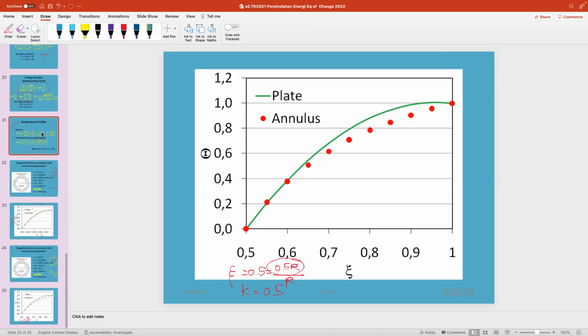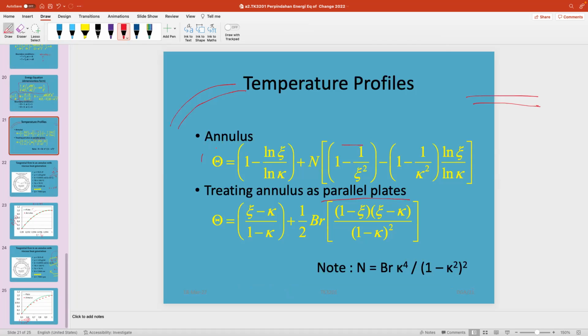So here are the two equations. The first one, using the annulus, we got from the energy equation, because we use the cylinder and then treat it as an annulus. And this one we got from the previous one, the shell energy balance, where we treat the annulus like a parallel plate. Remember, a few weeks before. Okay, so then we can see here that